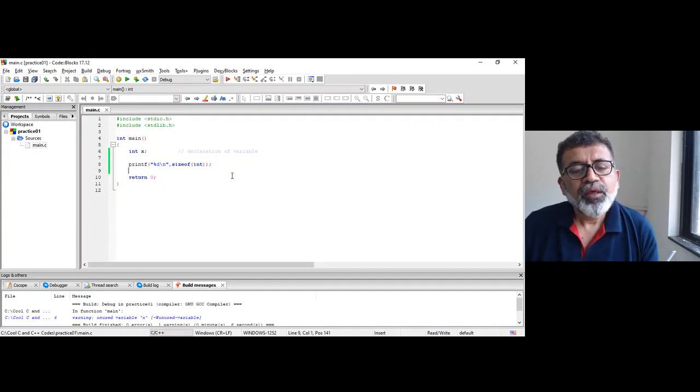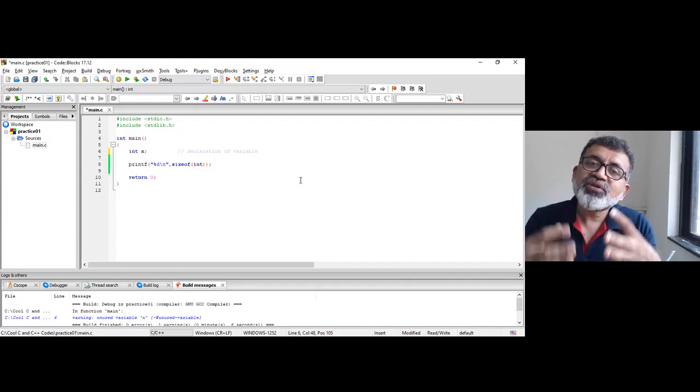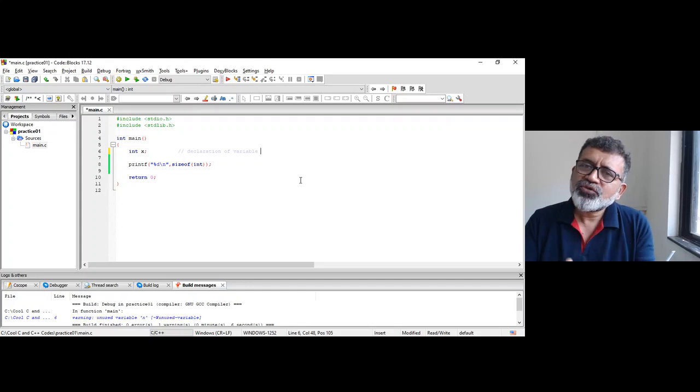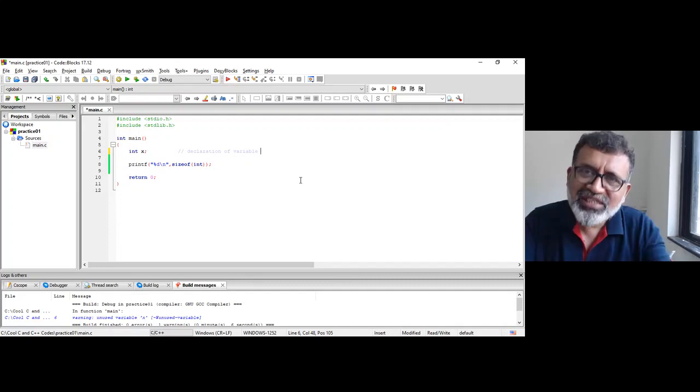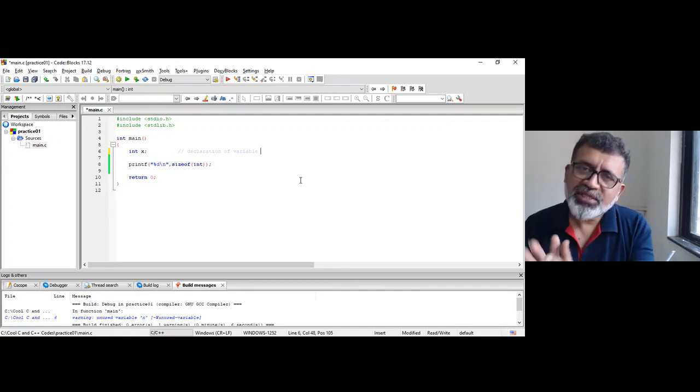Now when you declare a variable inside the main function, this is given memory on the stack. So usually, for the next 6, 7 chapters, all the variables which we are going to declare will be given memory on the stack.